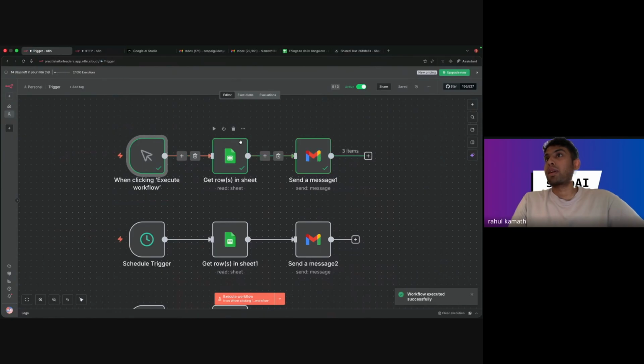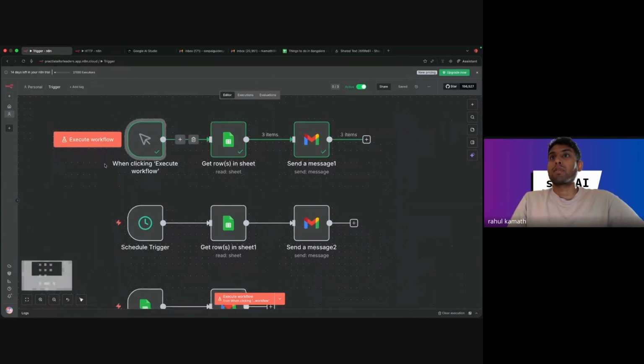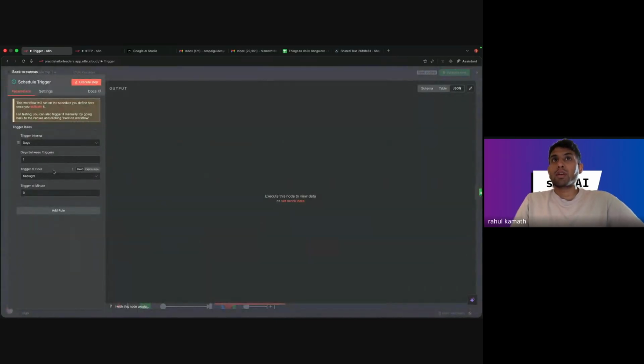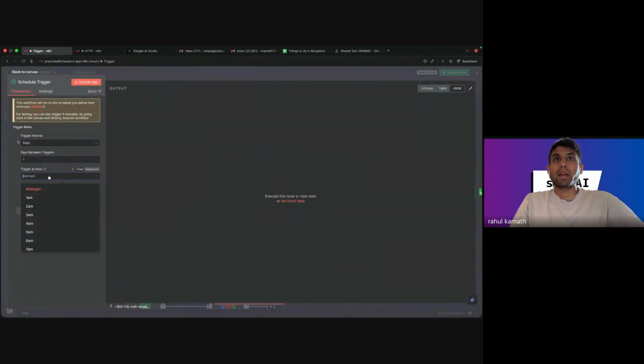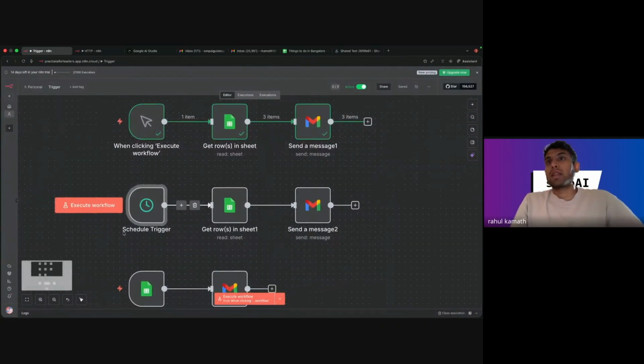So here I have connected it to Google Sheets. I'll explain all that later. But the point here I wanted to talk about was, if you want to manually trigger a workflow, you can do it by executing a workflow. There is another type of trigger called schedule trigger. So you just click on it. You can just tell when you want it to trigger. Every day at midnight, or every week, or every minute, or every second. So it's very intuitive. Basically, in the UI, you can easily select all these options.